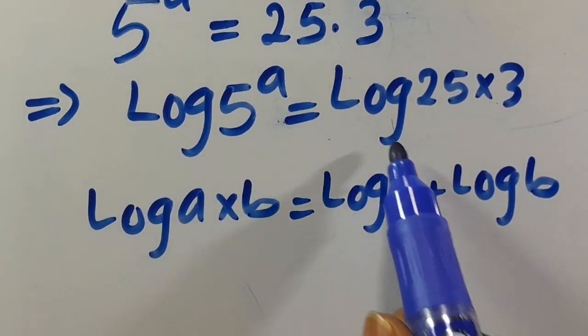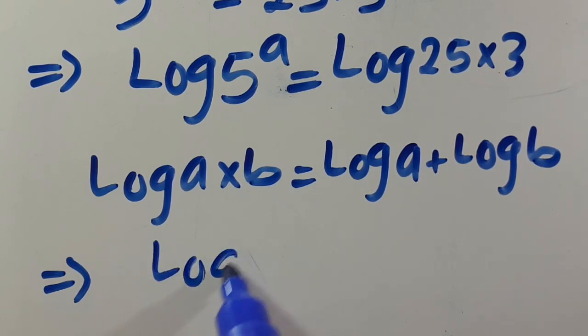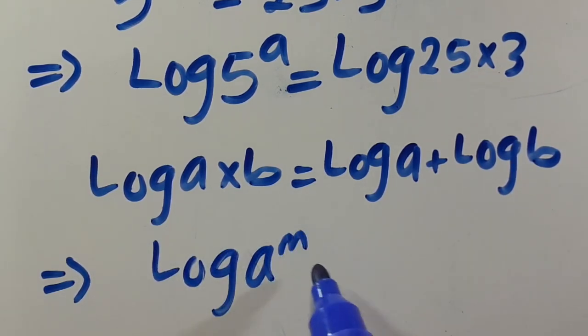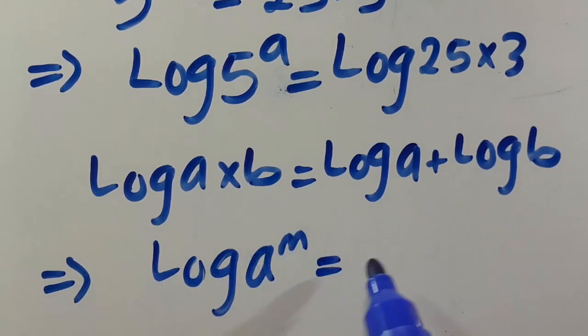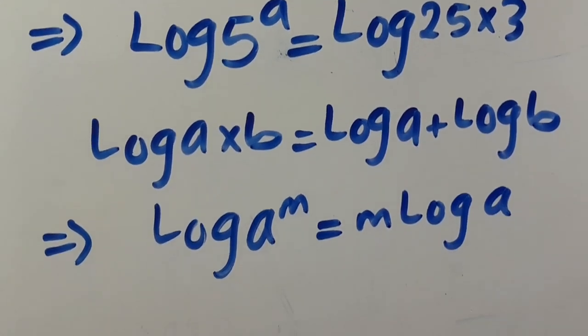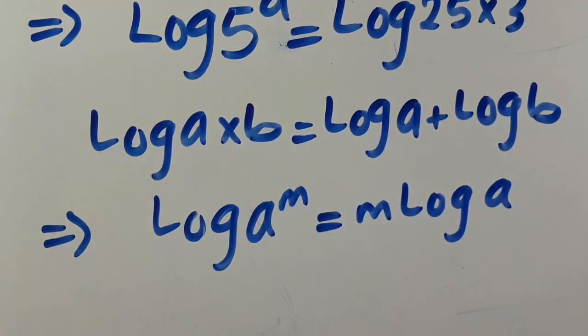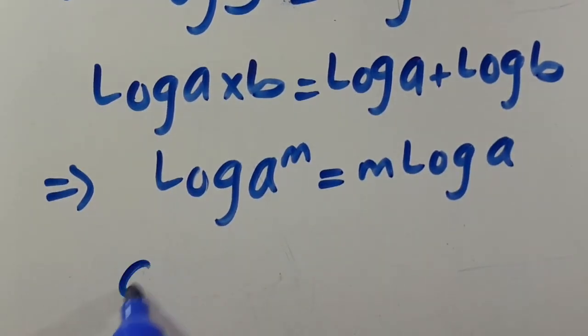Also note that when you have log a to the power of m, this power will come down to the base as m log a. We apply this ideology here, and everything implies that we have a